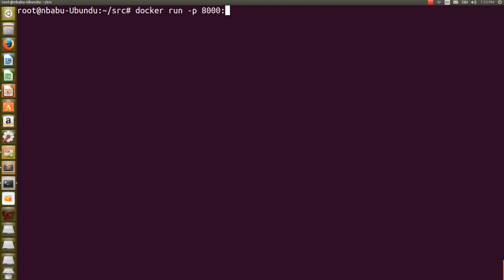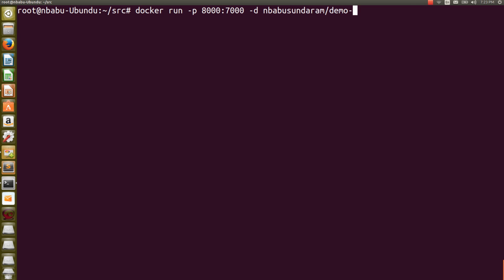It's running internally on 8000, but it has to run on 7000, and -d, it's a detached mode, and give the same image name,